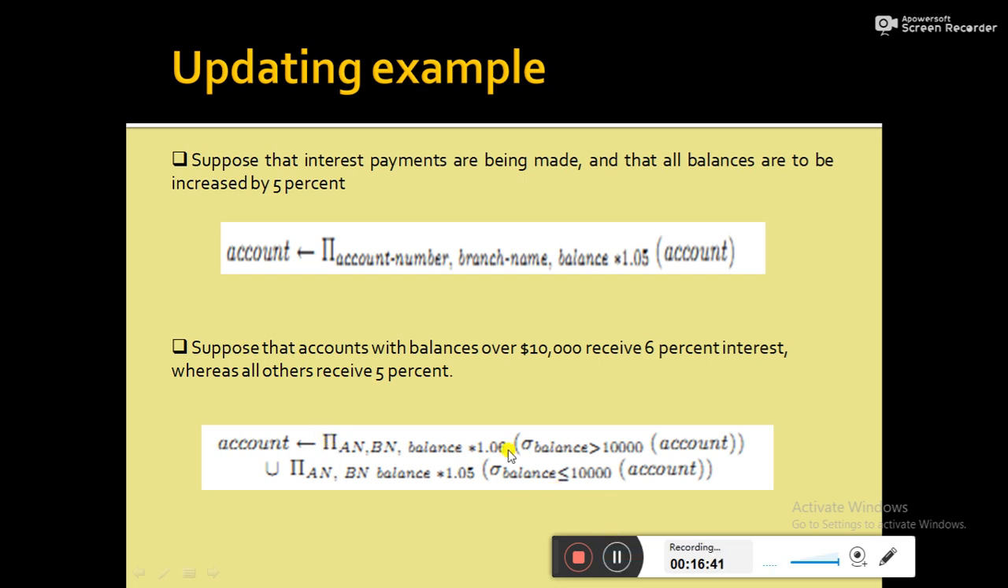The first thing, we have to decide the relation on which we want to perform the operation. Definitely it's the account relation, because balance related information is stored in the account. So this is the account. Then first we have to select those records, or those tuples, whose balance is greater than 10,000. So we perform the selection operation on the relation account where balance is greater than 10,000. That expression will produce a set of records, or set of tuples. On that set of tuples, we are going to perform updation with the help of